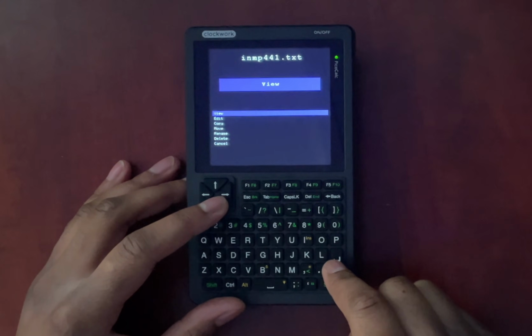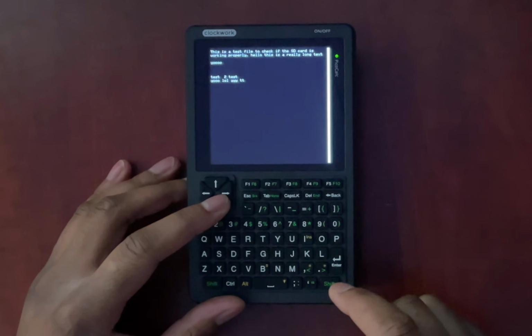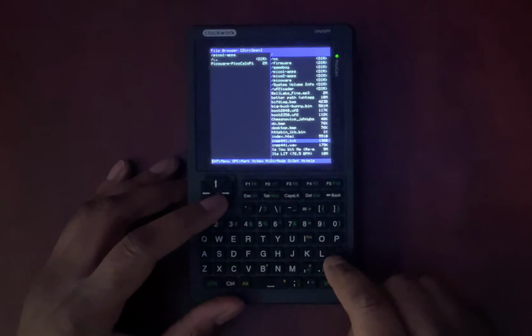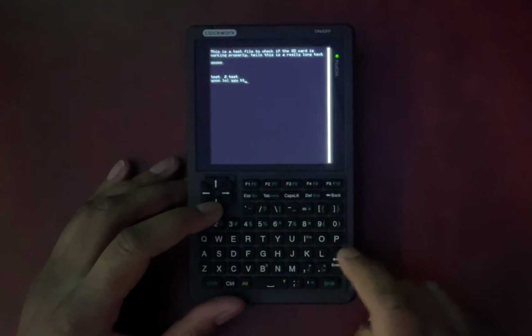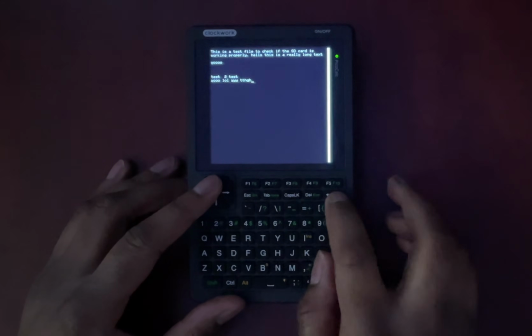Enter, and then we can click view. We can also edit the file right away. Click view for now. If you wanted to edit the file, we can just click back, click on it again, click edit, and now we can write edits directly. Okay, let's go back,